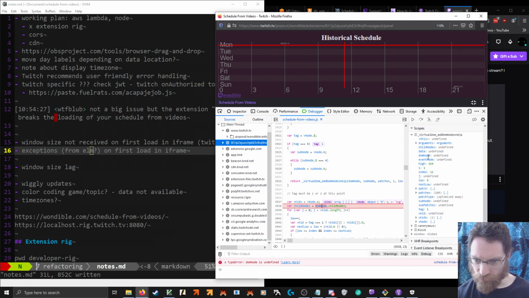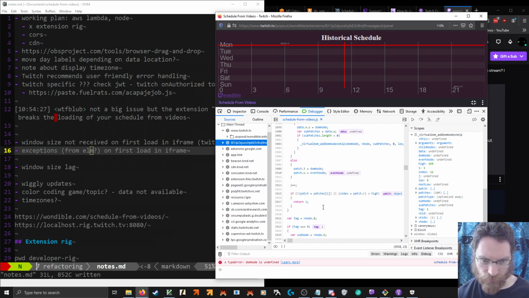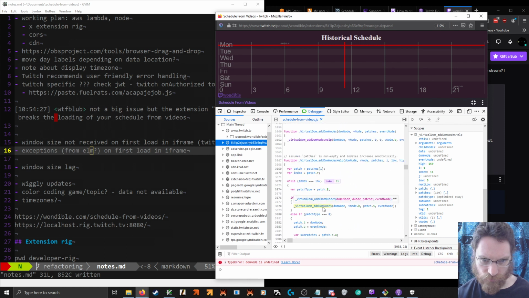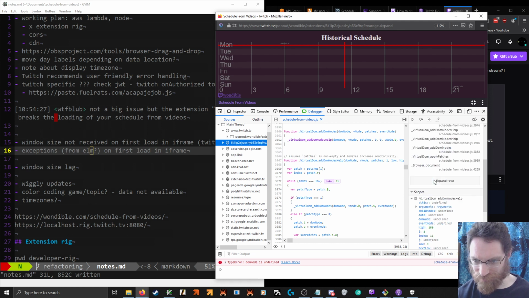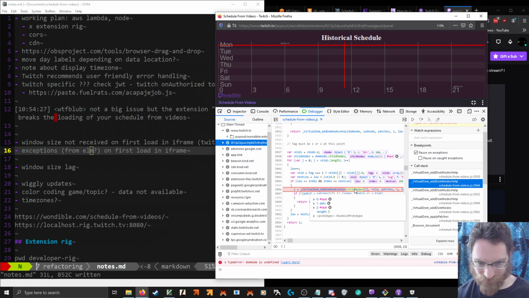Well, I mean, we know DOM node is undefined. Where is it coming from? Where's the stack? It's an argument, child nodes.